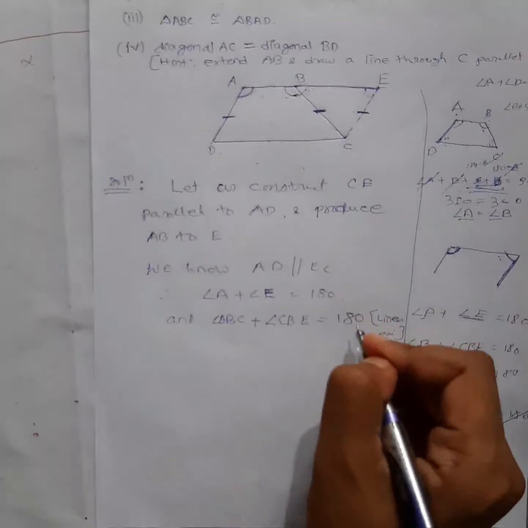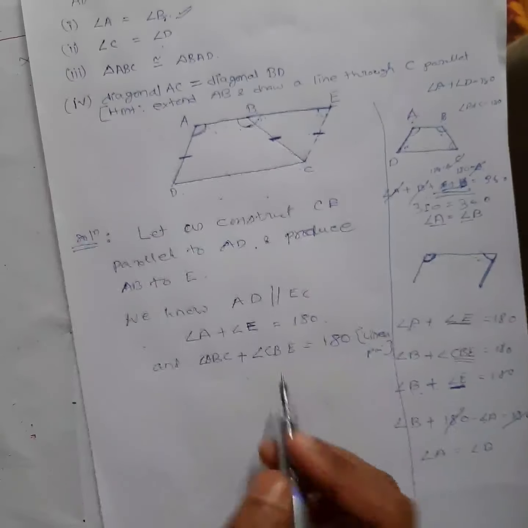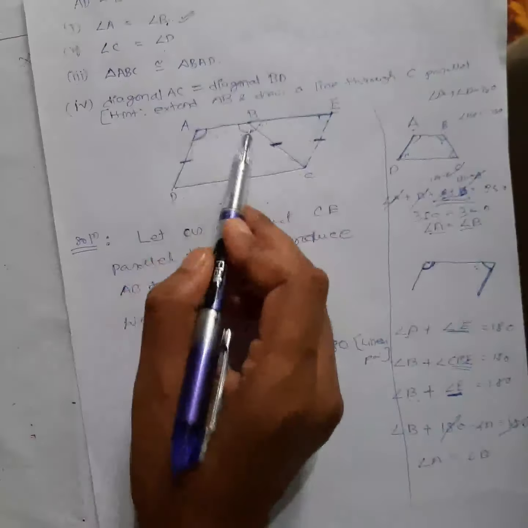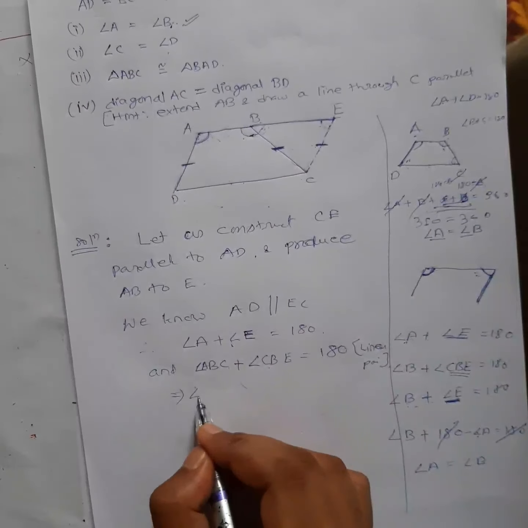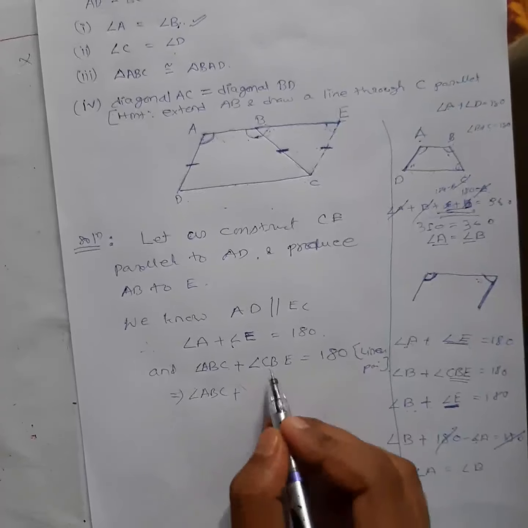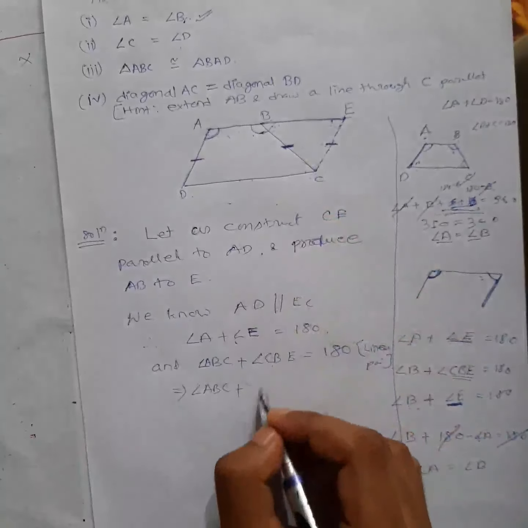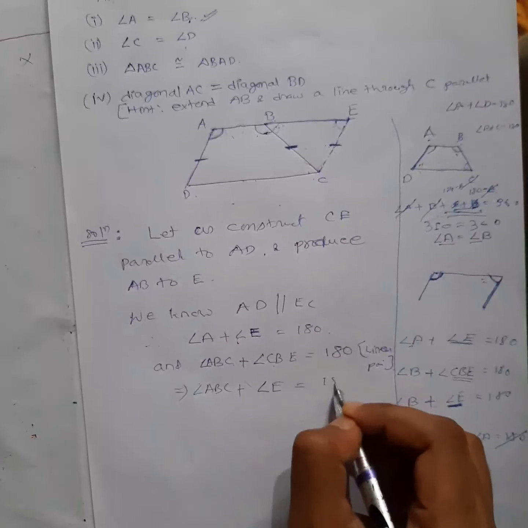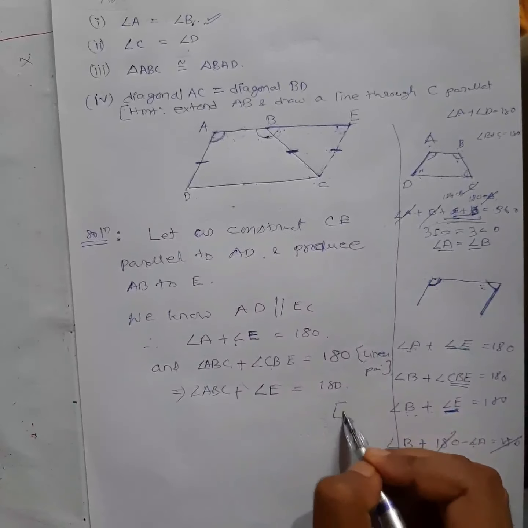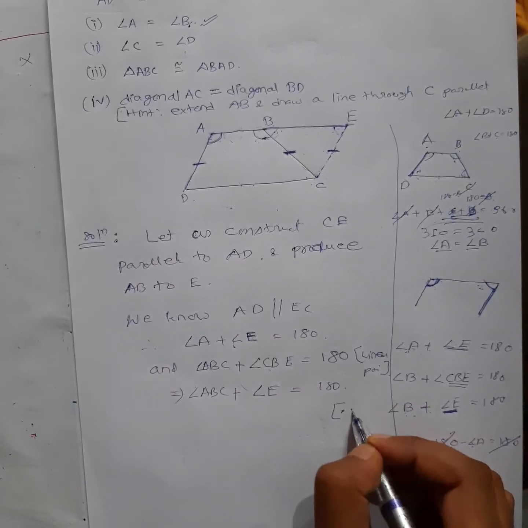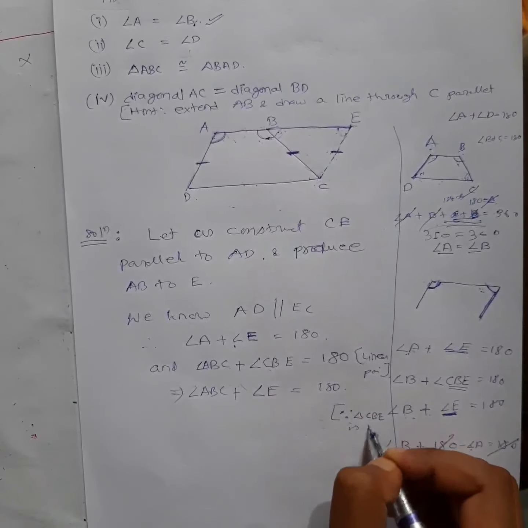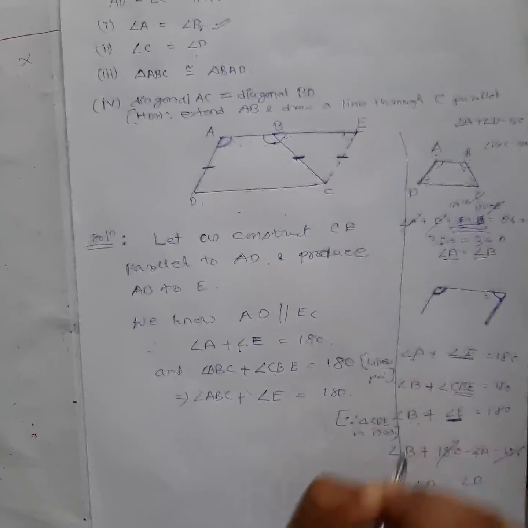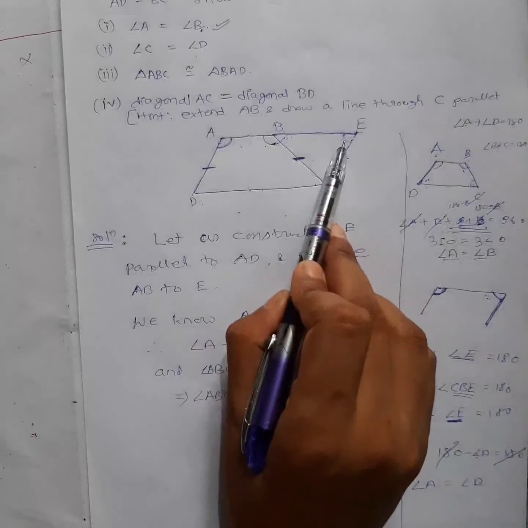Okay, next, from these two equations, can I find out A and B? Now A is equal to B. Obviously yes. Which implies here I will write angle ABC plus angle CBE. Can I write angle E only is equal to 180 degree? Why? You can write down here the reason, since triangle CBE is an isosceles triangle. If it is an isosceles triangle, obviously this angle and this angle will be the same.